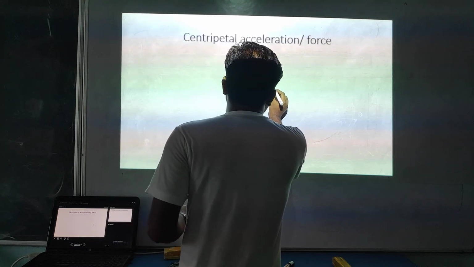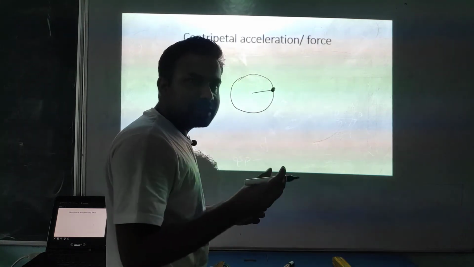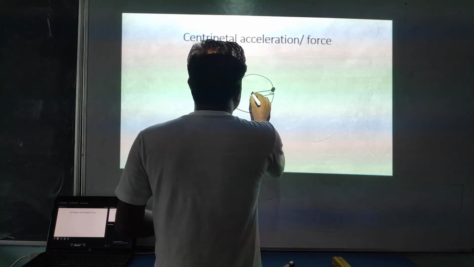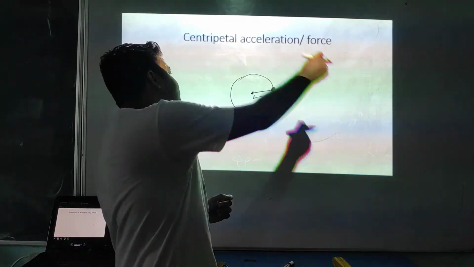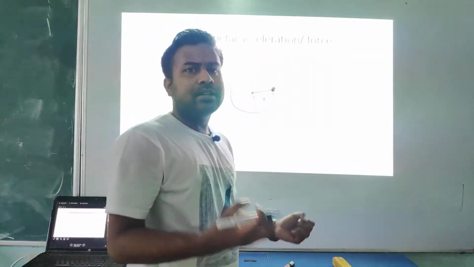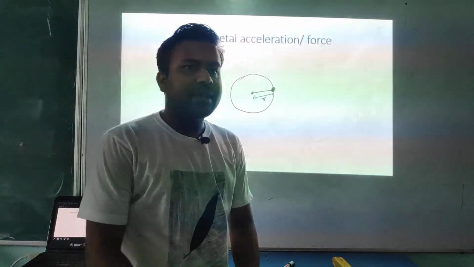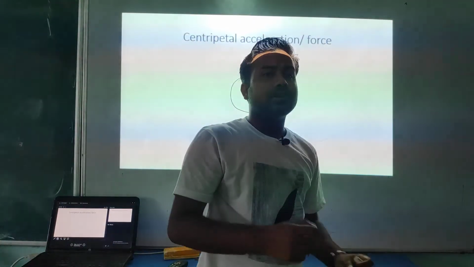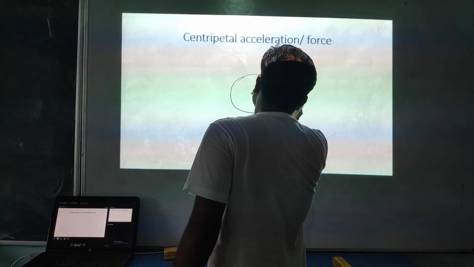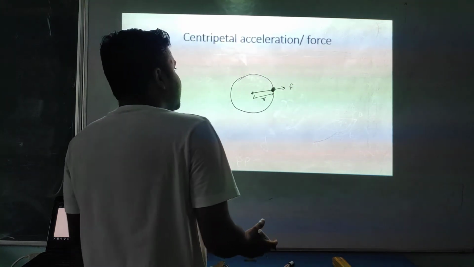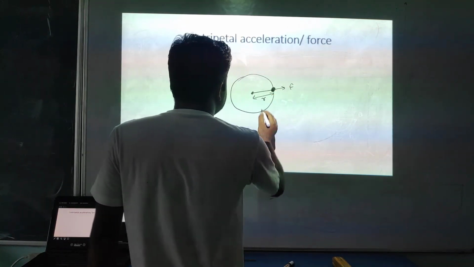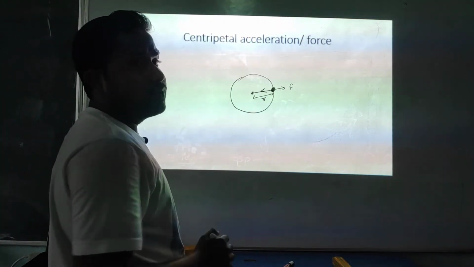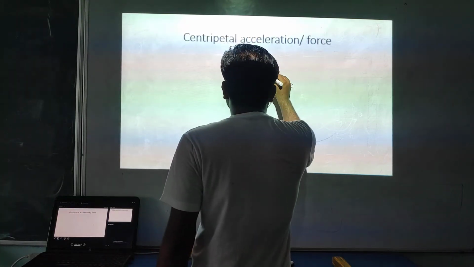So if you attach any bob, or any particle that has mass, with a string, like I am assuming here the length of this string is r, and if you move it, then what you will find is a force in the outward direction. Move your hand like this, then you will feel a force in the outward direction. If there is a force in the outward direction, F, then why is it not going in that direction? Because this string is holding it, and that's why in this direction there is a force, and because of that force it continuously changes direction.